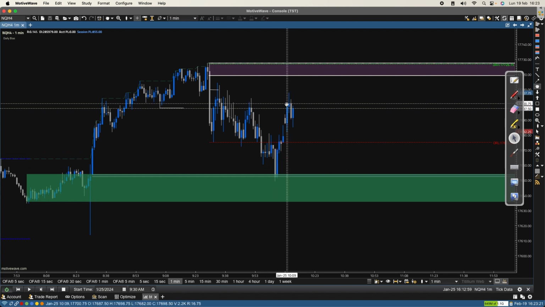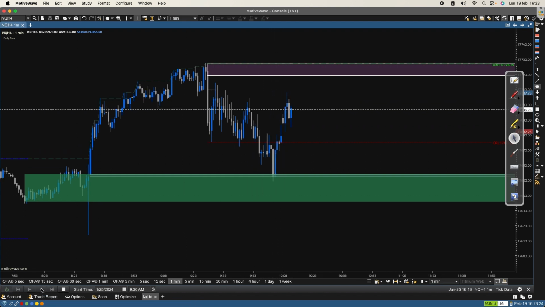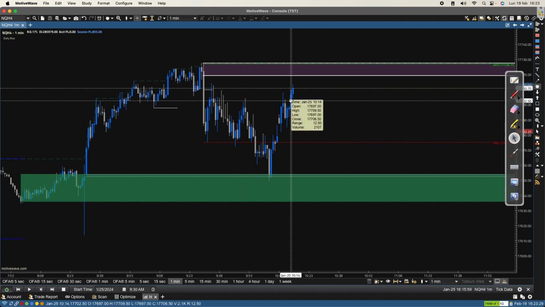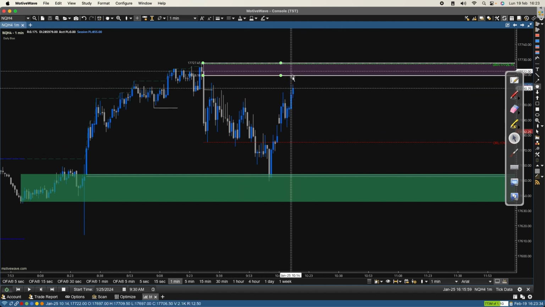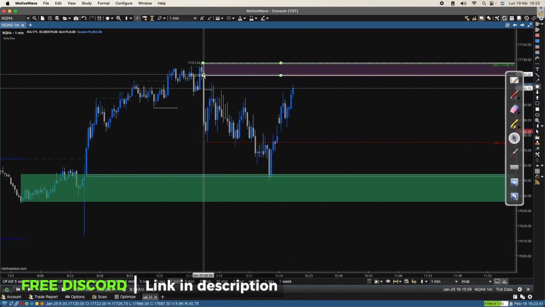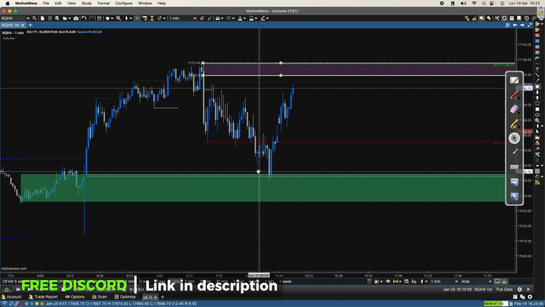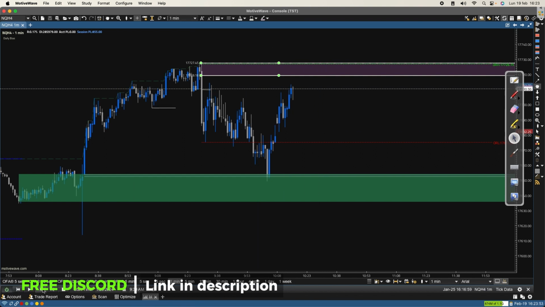Okay, so now, not yet. Yeah, we broke the structure here. I will test the short here. This zone I don't like so much, but I will do it because we have this impulse, because this is the US opening, even if we have already had a manipulation here. So I don't like it so much. I will enter with half size, but